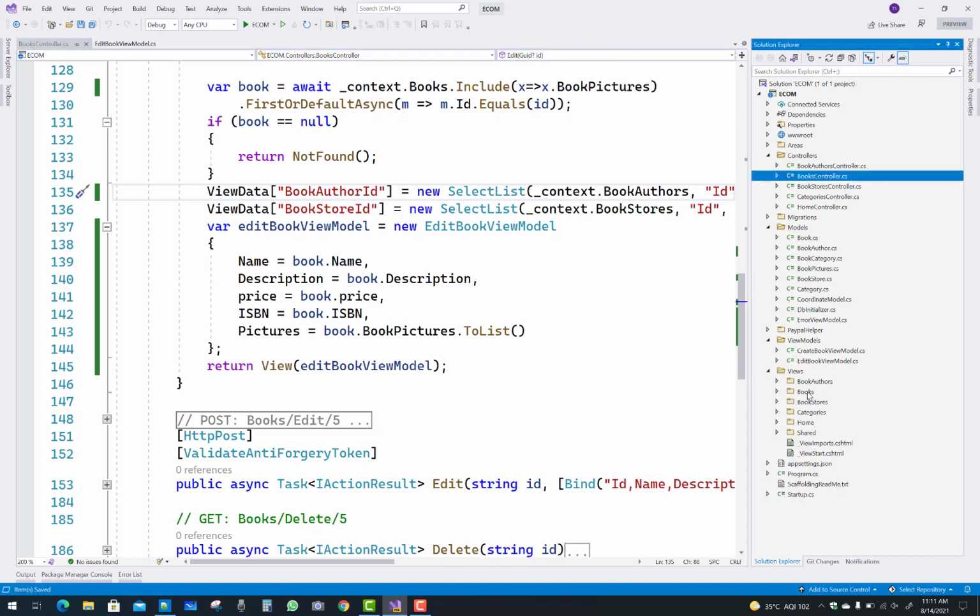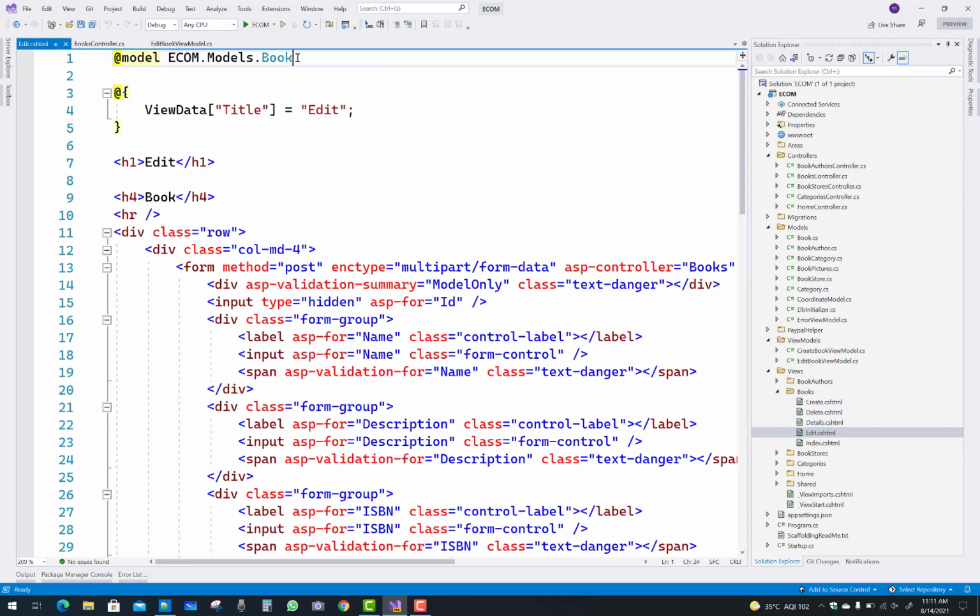Now go to the view section and check the book edit scaffolding. Here we have ecommerce dot view models dot edit book view model.